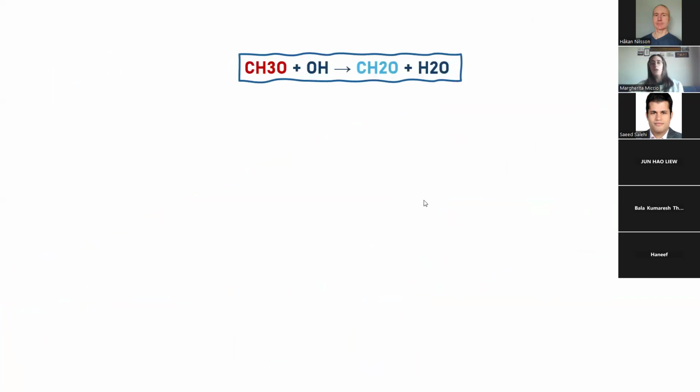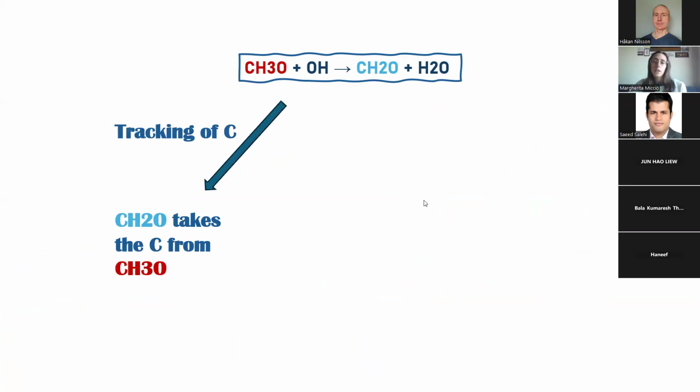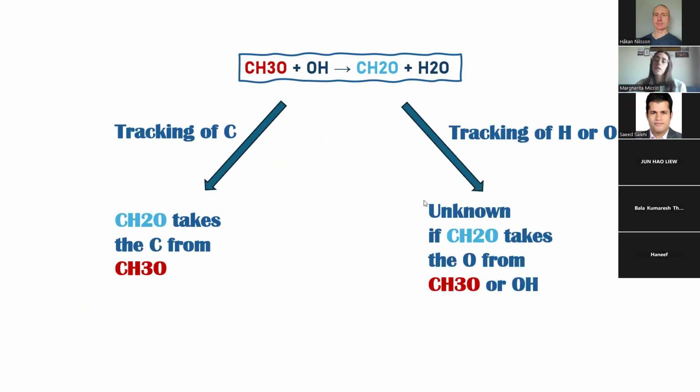Now, we also need to understand at this point, for every reaction, how each element is moving from a reactant to a product. If we start tracking the carbon atoms, we can see that in this case we know exactly that the carbon in the CH2O is coming from the CH3O because there are no other possibilities. But if we consider the hydrogen or the oxygen, there could be more interpretations because, for example, for the water,